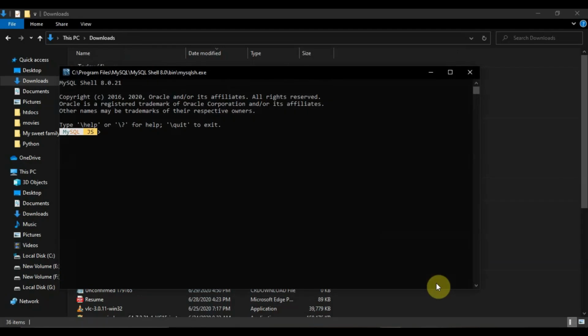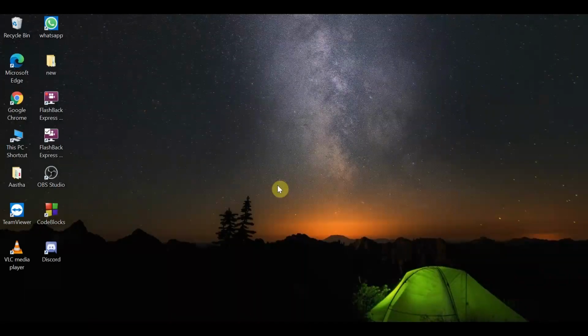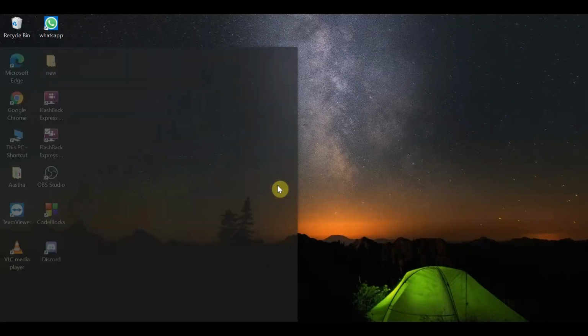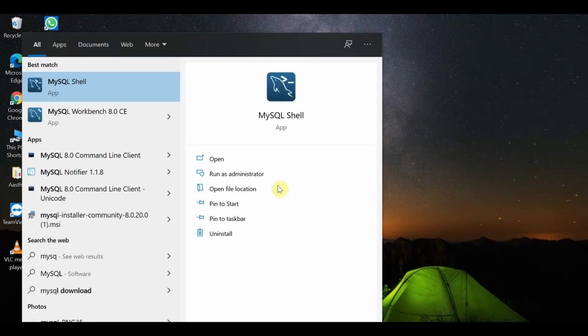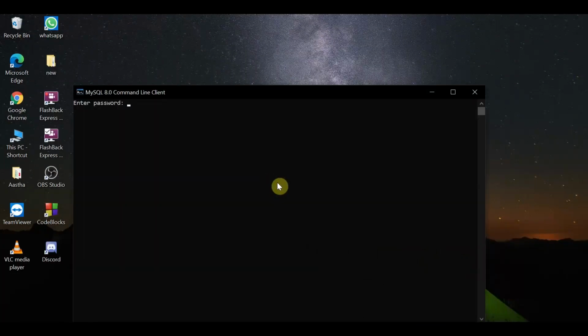So by default MySQL shell will open. Now you have to close all these windows and go to your desktop, and now search for MySQL command line client in your computer. MySQL command line client. When you click on it, you have to first enter your password which you have set before.